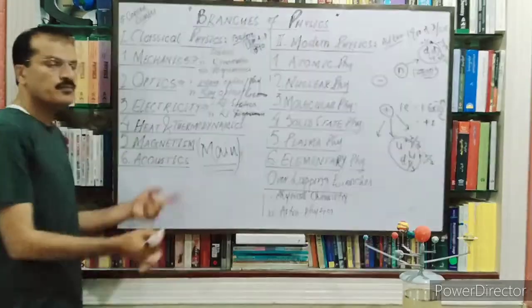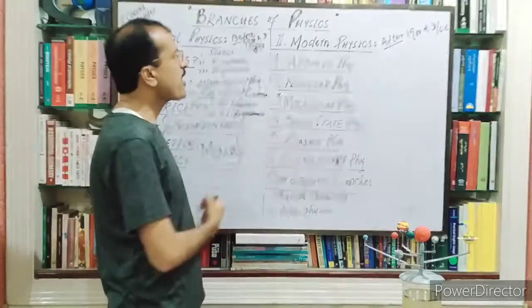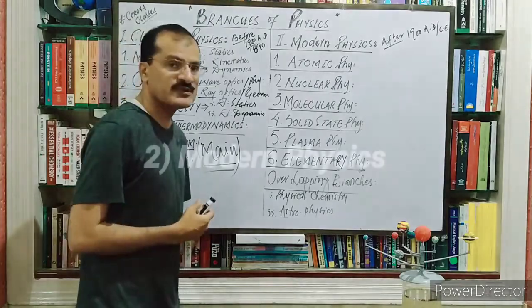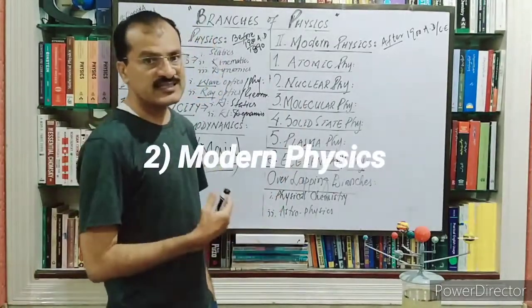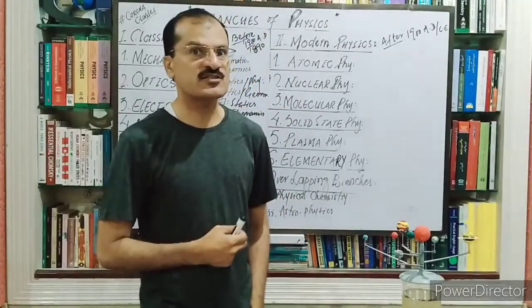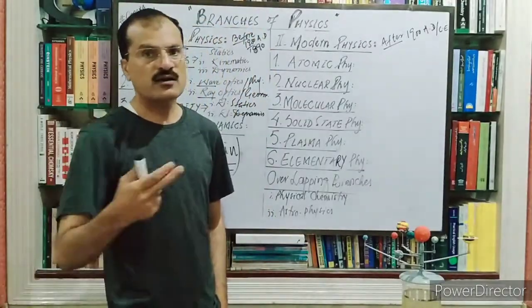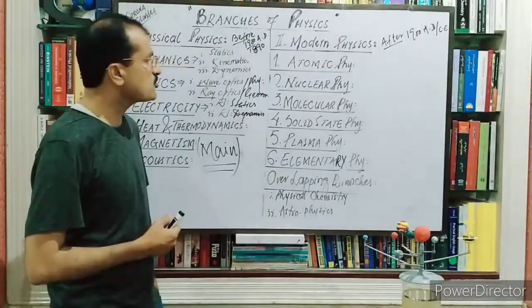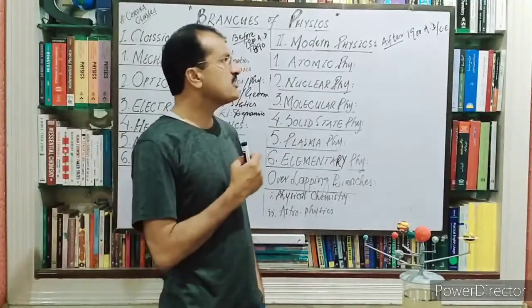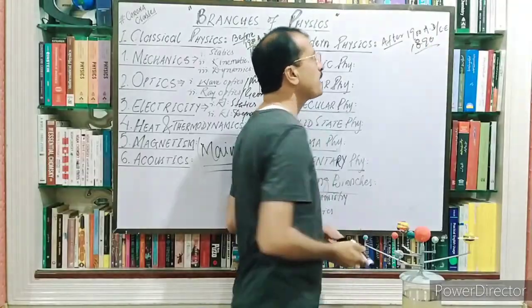of classical physics. Yes, my dear students, after classical physics we have a very important, very interesting part of physics, known as modern physics, and you will study this part of physics in the intermediate class from the 16th, 17th, 18th, 19th chapters, which are related to modern physics. Actually, modern physics starts from 1900 AD. Sometimes we say from 1890 AD.